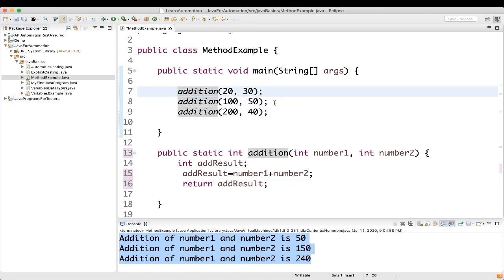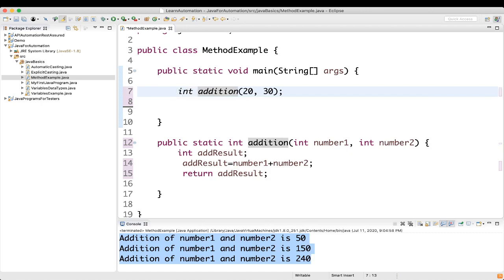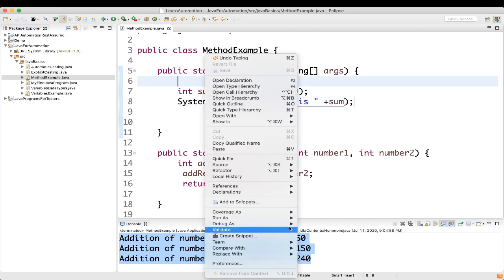To get that, let me remove all these things. What we'll do, I will put int sum equal to, let's see whether it is really returning or not, how we'll know, and we'll print it here. Sum is, let me print it.